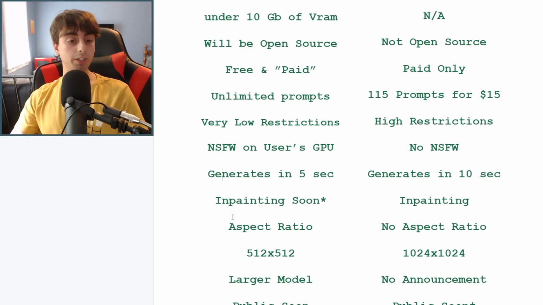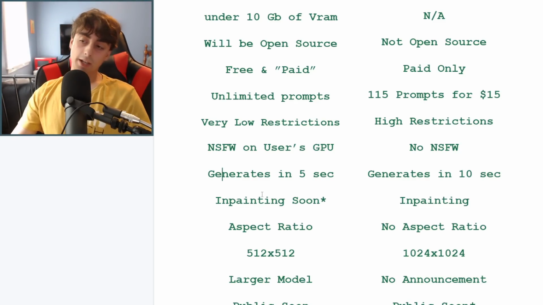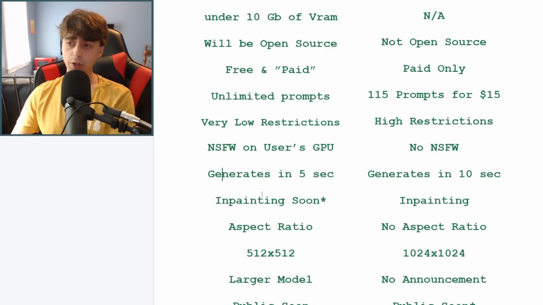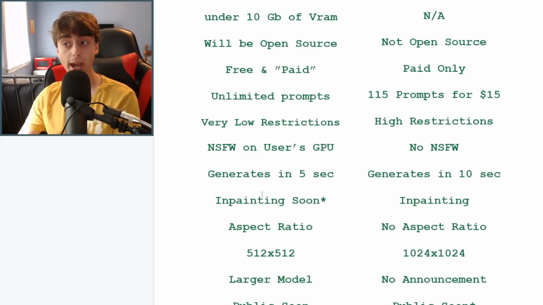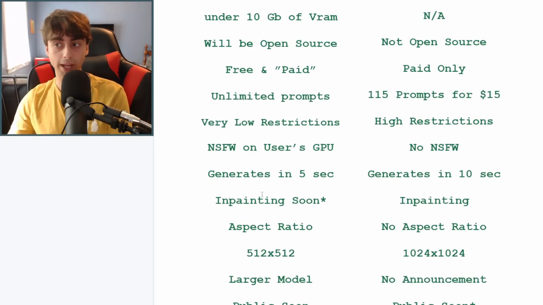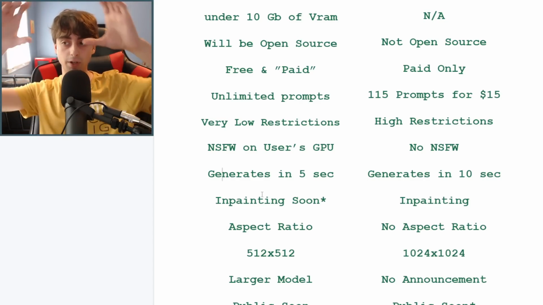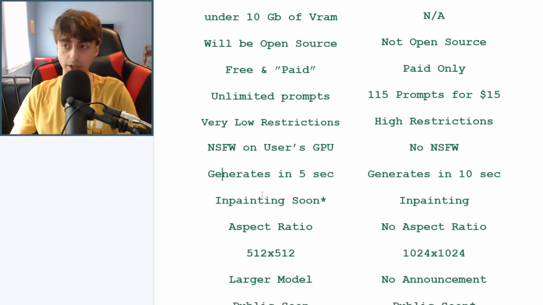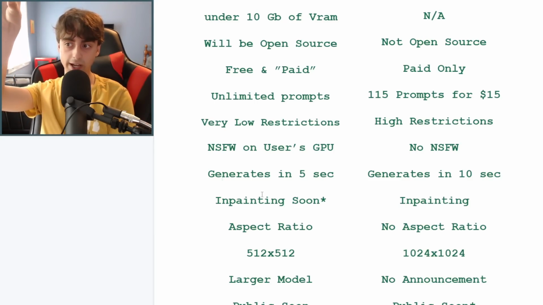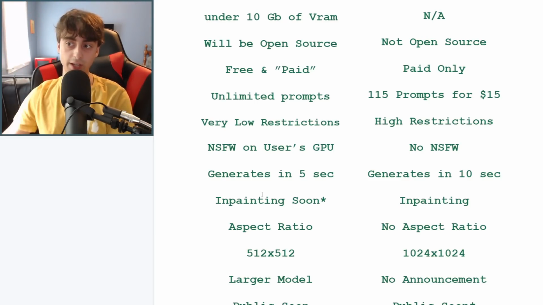So, in terms of in-painting, apparently Stable Diffusion is going to be getting an in-painting update at some point soon, where you can actually do in-painting. I imagine that will be available in the web app. And you'll also be able to do outpainting. So basically that means you can shrink the image down and then generate around the image. If you guys don't know what inpainting is, basically you can draw on the image and then have the AI fill in whatever you erased in the image. It's sort of a rough explanation of it. But of course, Dall-E 2 right now does have inpainting.